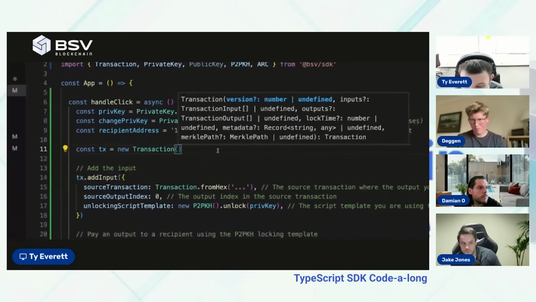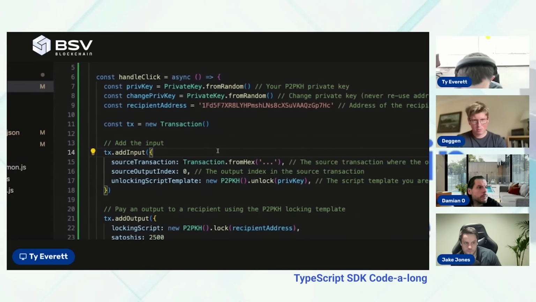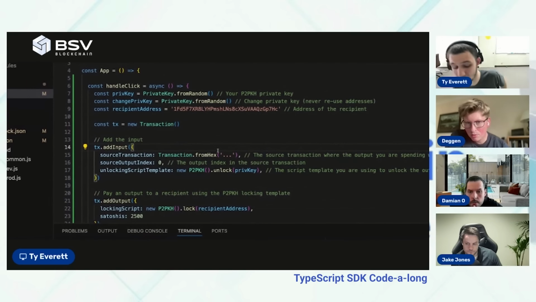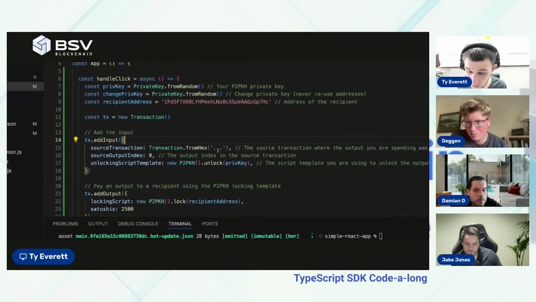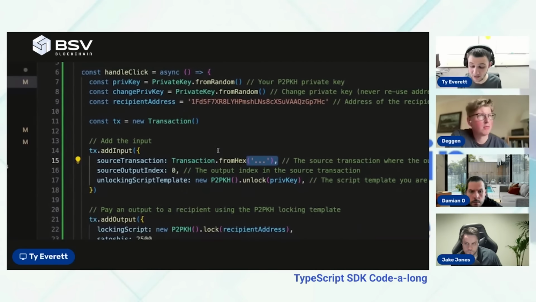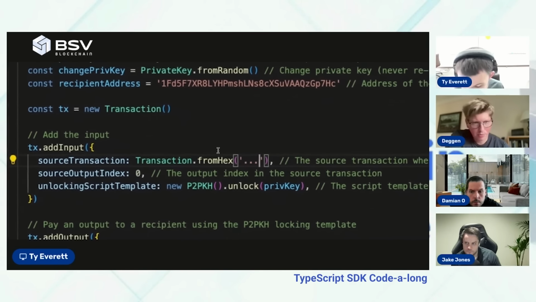The first thing we're going to want to do is actually provide the source transaction, which is where you got your coins from, and we made that as one of our assumptions, right? Is that actually we had that transaction, so that when someone paid us these coins, which we're now going to spend, we kept that around. And that's what you do in SPV to scale properly, is you actually keep that stuff around either in your wallet or somewhere else. And that way, when you go to spend your money, you just have it, or you can get it from some service. But here we're just going to